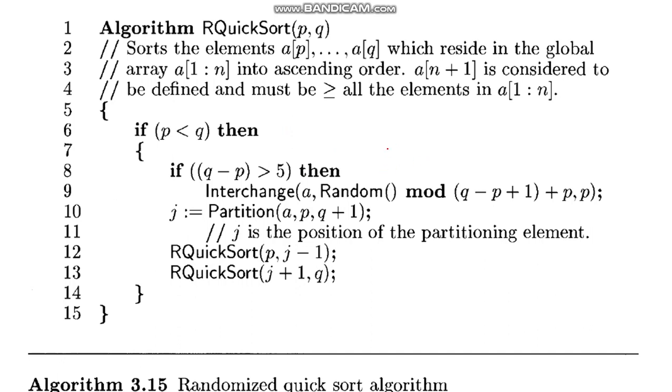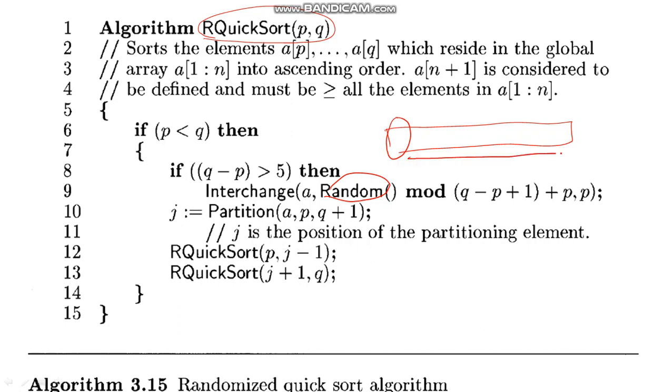As I told you, whenever the given array is already sorted, it becomes the worst case. To overcome that, you can design a random quicksort algorithm, called R quicksort. In random quicksort, whatever pivot element we were selecting, we will select randomly. Select any element from the array as the pivot element, move it into the first location and then place it into the array. So this is R quicksort.